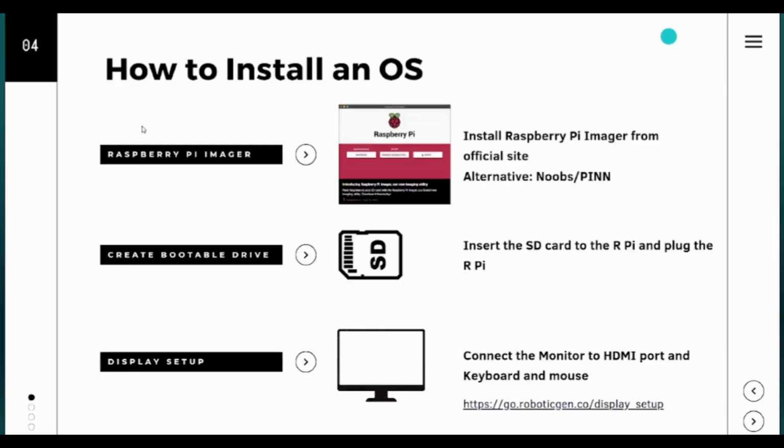So there are several ways of installing the OS. One method is to install the Raspberry Pi OS using the Raspberry Pi Imager. You can download this from the official site, and then install it,